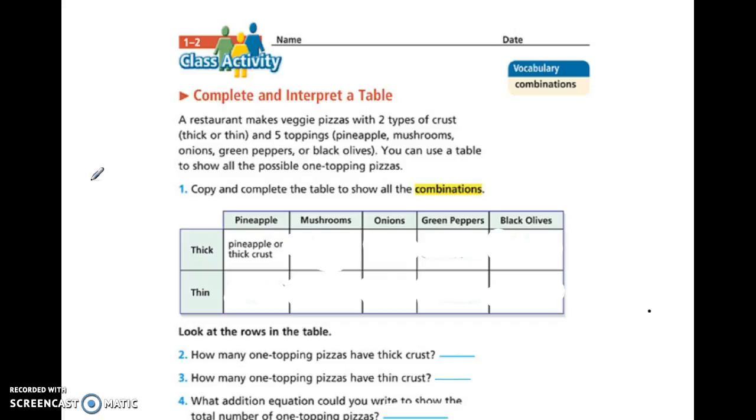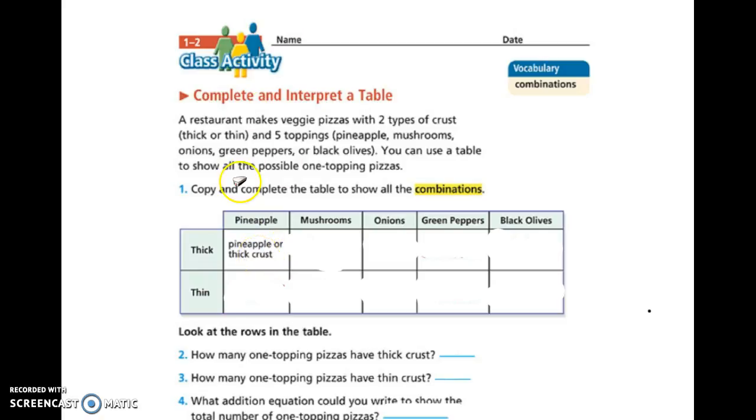It says, a restaurant makes veggie pizzas with 2 types of crust, thick or thin, and 5 toppings: pineapple, mushrooms, onions, green peppers, or black olives. You can use a table to show all the possible one-topping pizzas. Copy and complete the table to show all the combinations. So basically, the combinations are all the different types, in this case, of pizza that you could